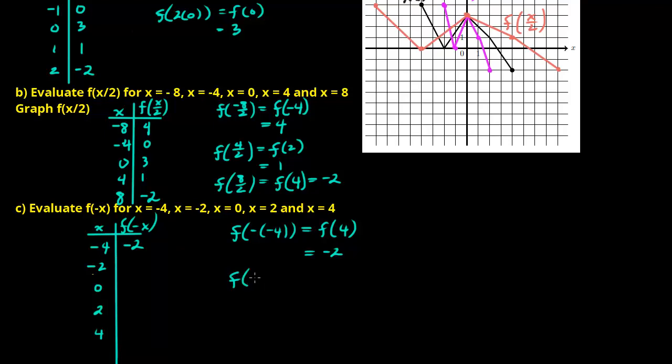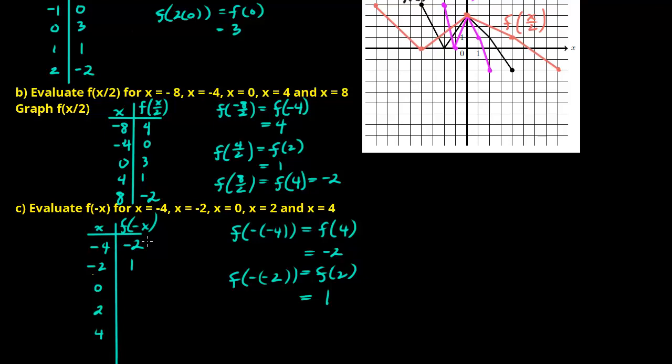Evaluating f of minus 2 is the same thing as evaluating f of 2. F of 2, on f of x, this black line, is just 1. So you can kind of see what's happening here. When we evaluate f of minus x, we're essentially evaluating f of x at the opposite sign. If you evaluate f of negative x at negative 4, that's the same thing as evaluating f of 4. Evaluating f of minus x at negative 2 is the same thing as evaluating